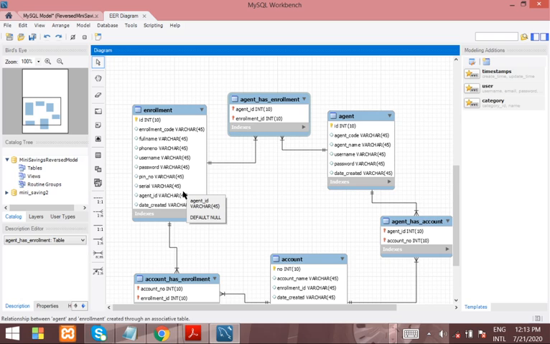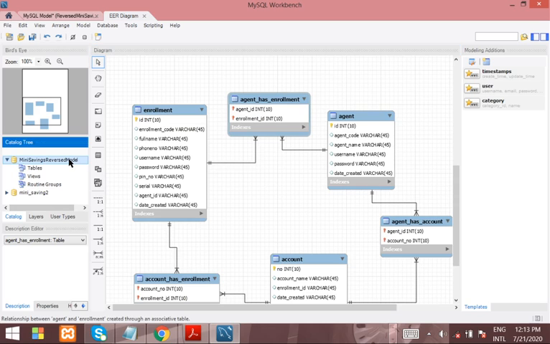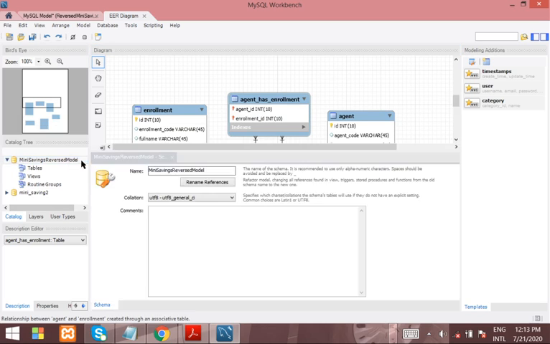Yes. If you want to have the same database name, let me see, what's the database name here? Okay, this is the database name, Mini Savings Reverse Engineering. But that's how we're going to create it. You can modify it by clicking on edit, and then give it a name, Mini Savings. Let's give it the same database we have given, Mini Savings 2.